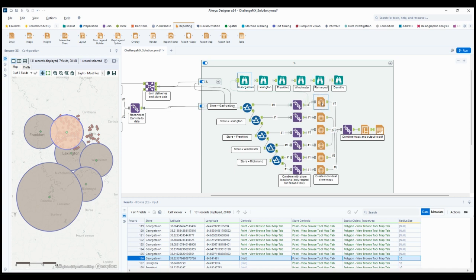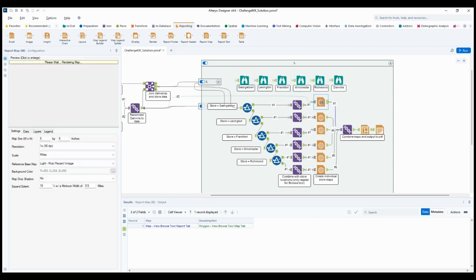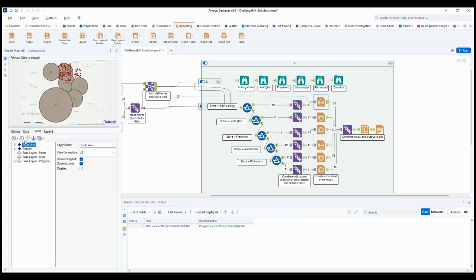Moving on from here, we then want to report the map. From there, we want to go to the report map tool, and this will report the actual map onto the PDF that we need. You can play around with some of the layers to change the colors and separate the things. You can also see that there's another wireless connection here to the union tool in order to grab those